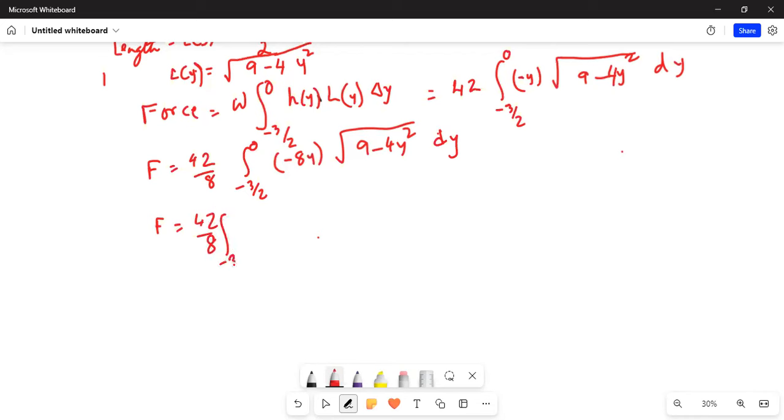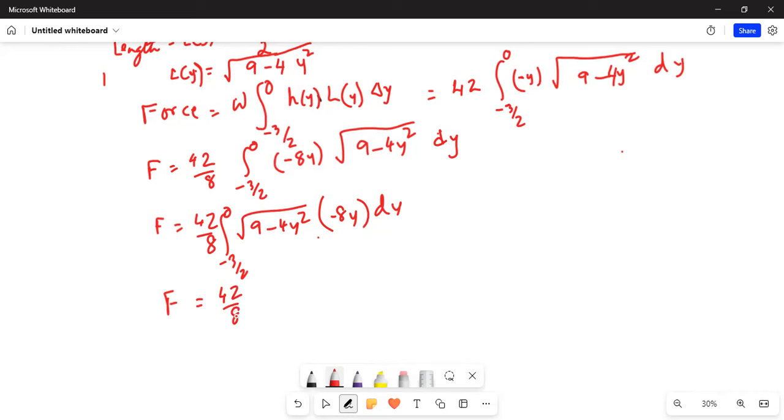Integration is minus 3 by 2 to 0 limits, and then square root of 9 minus 4y square times minus 8y. Just move the minus 8y after the square root, dy. And when we integrate, force is equal to 42 over 8,